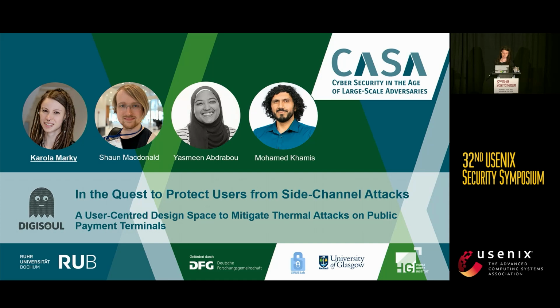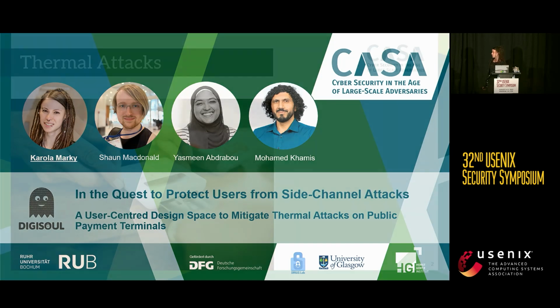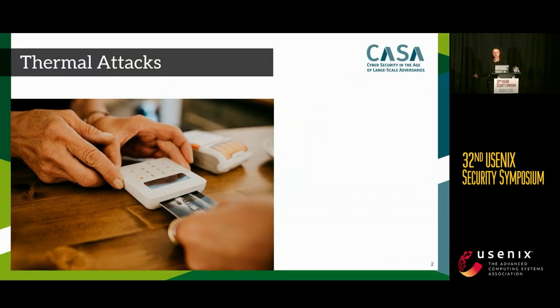And in this talk in particular, I'm talking about thermal attacks. So let's assume we interact with a public interface because we want to pay someone. We've done that probably today. And this creates a bit of a risk because someone could steal our credentials. Now, if we carefully cover them and make sure that no one is around, it seems that everything is all